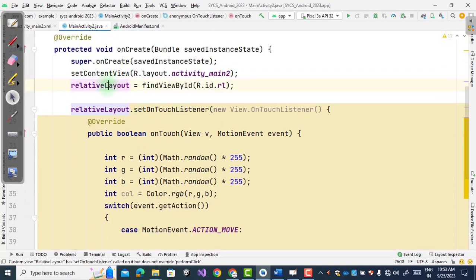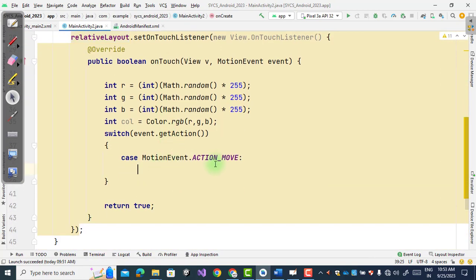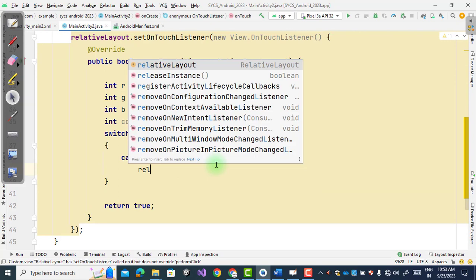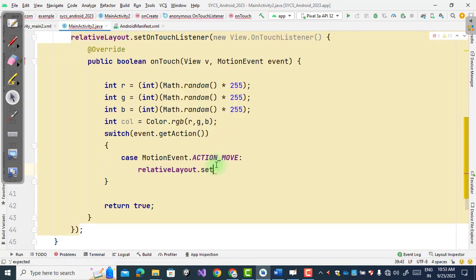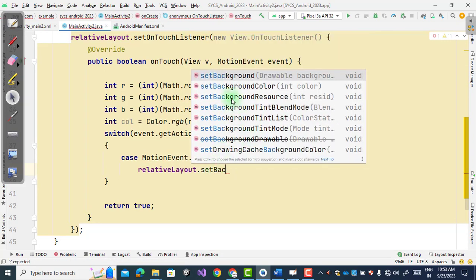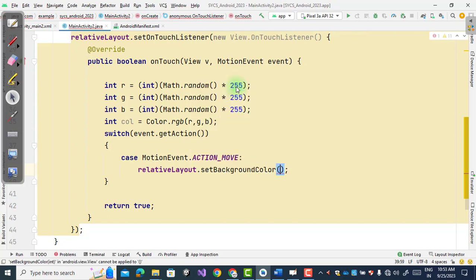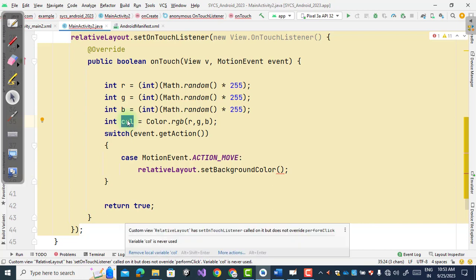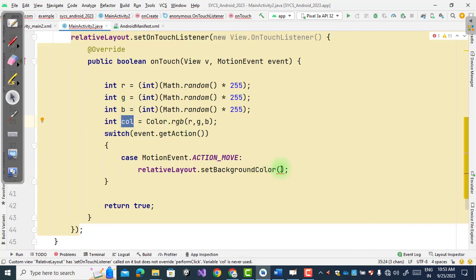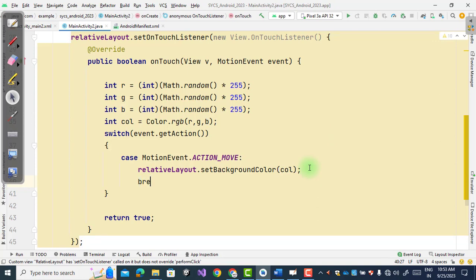We have an object of the RelativeLayout, as we can see here, we already created it. So now we write relativeLayout dot setBackgroundColor. This is the method of the RelativeLayout, and we already created a random color in col. Just copy this col and write break.